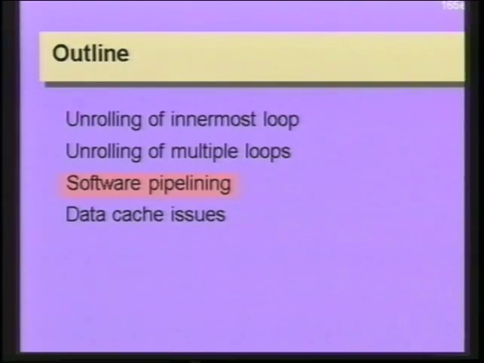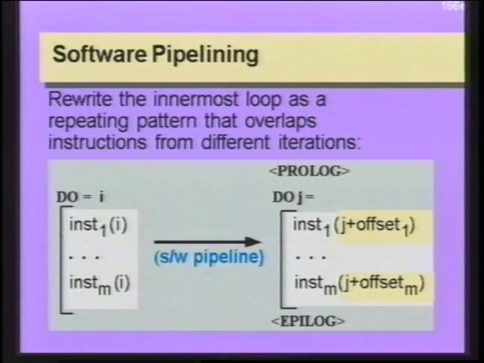Now I'd like to switch to another loop transformation that's very important for instruction parallelism, and that is software pipelining. The basic idea in software pipelining is a little different from loop unrolling. The goal here is to try and get the maximum overlap between different iteration instances of instructions. So what you do in this case is, rather than make multiple copies of instructions, you have a transformed loop in which there is exactly one copy of the original instructions, but each of the instructions has been shifted in the iteration space by some offset,